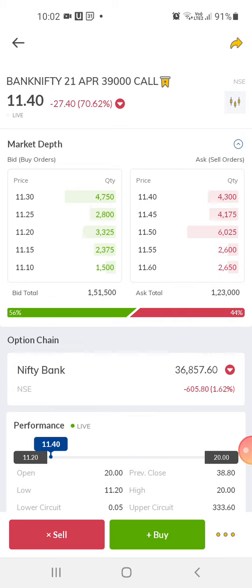Don't try to use your full money. If you're using 5000 per month as capital to practice options trading, try to divide it by maybe 500 or 1000, like that. If you're a new trader, don't use big money, because your money can go very quickly in option trading. So you need to use a little bit of risk management, a little bit of common sense, and then you would be able to do well.